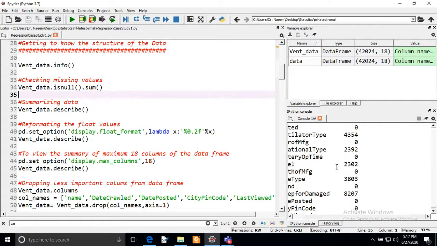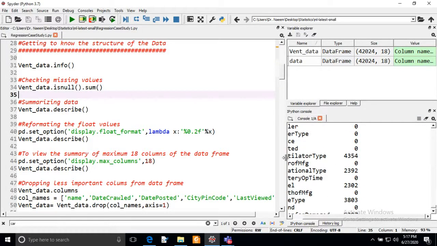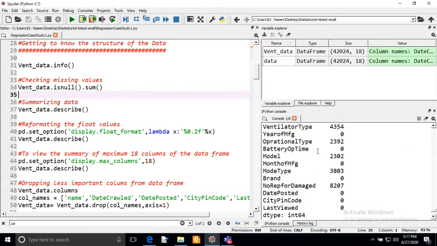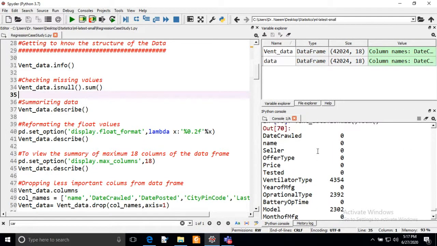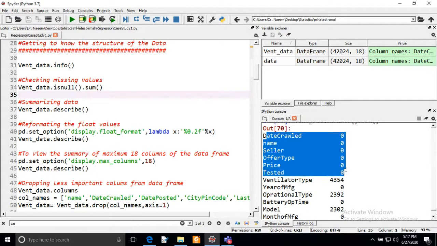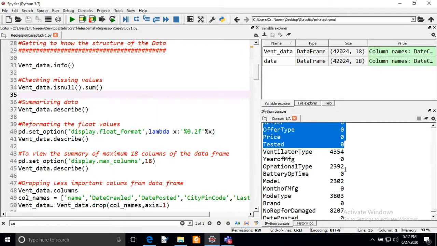If you look at this information, it shows the null values in the data, and as we have seen, these variables do not have any missing values.